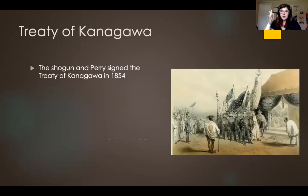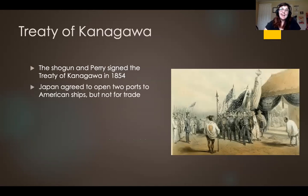So the Shogun, who remember from yesterday was the leader of Japan, even though they had an emperor, the emperor didn't have any power. The power all went to the Shogun. He decided to sign a treaty with Matthew Perry, called the Treaty of Kanagawa, signed in 1854. That treaty basically said that Japan agreed to open 2 ports to the American ships, but they were not going to trade with the Americans. They were not going to let Americans bring goods in, and they weren't going to let Americans bring goods out. But basically, Americans could come and visit Japan and talk to each other. However,